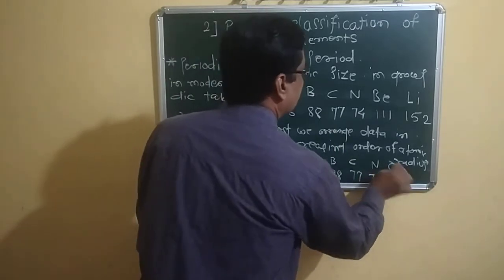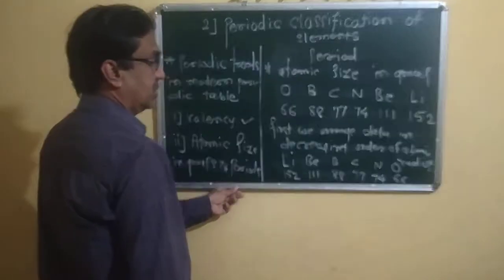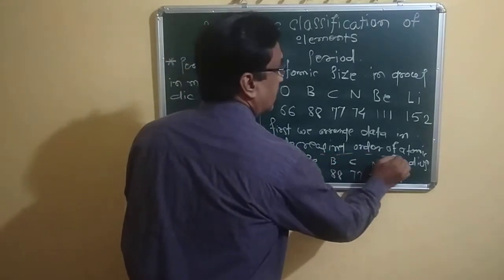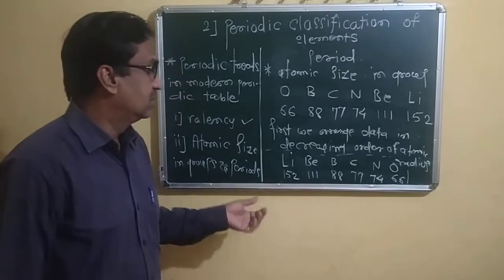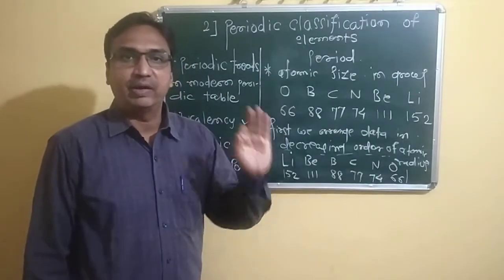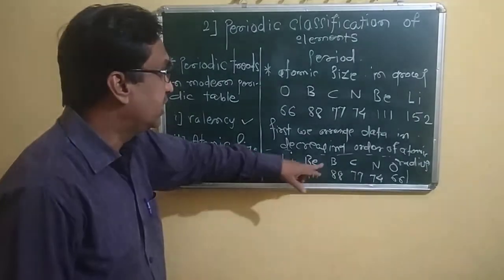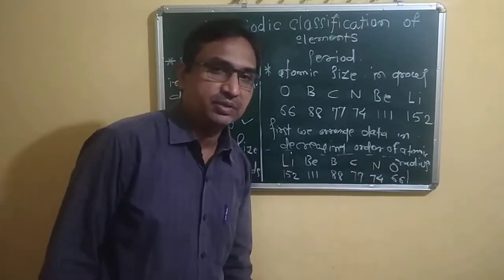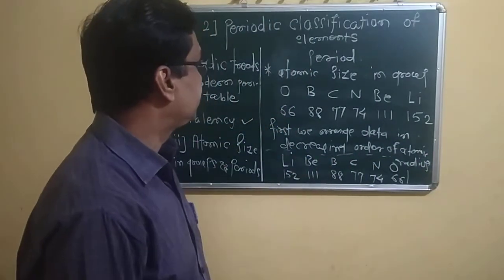After that oxygen 66. We have seen that the same pattern we find in the modern periodic table, that the arrangement lithium, beryllium, boron, carbon, nitrogen and oxygen, they are all aligned